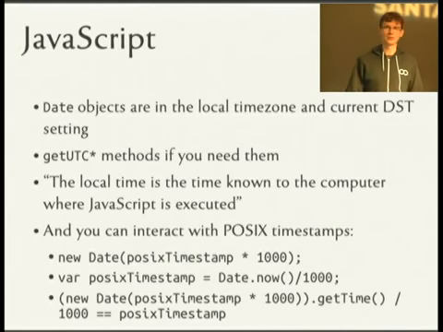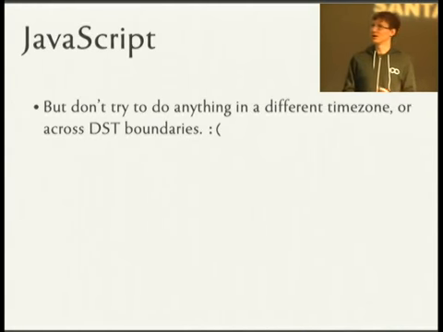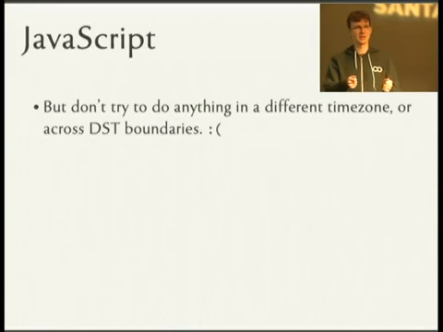So that's nice and useful, but really it's only useful for right around now because the JavaScript date objects only know about the current settings. If you say 6 months from now, it will assume that it's still standard time 6 months from now, or that it's still daylight savings time 6 months from now. It doesn't know about daylight savings time at all, except insofar as this date object has this many seconds offset. That's all it knows.